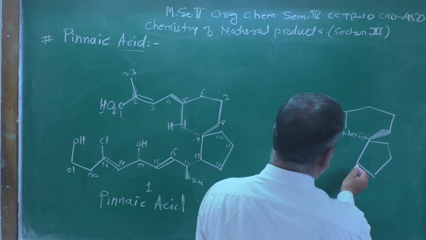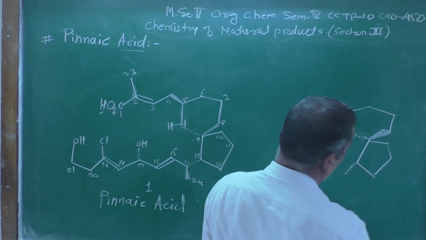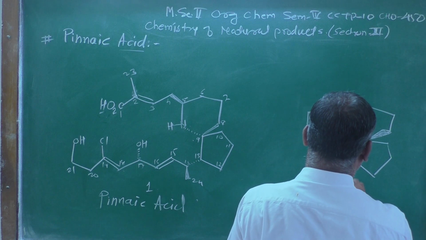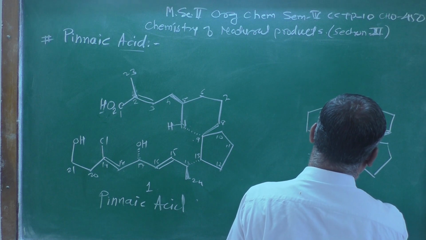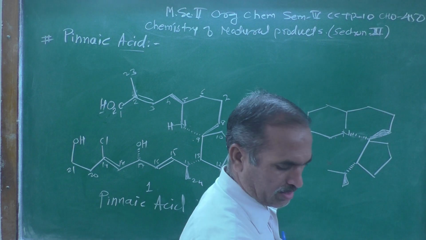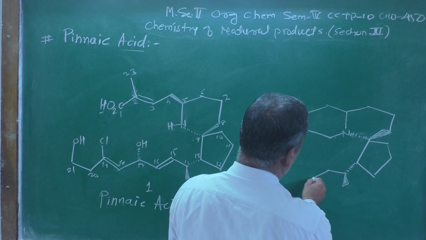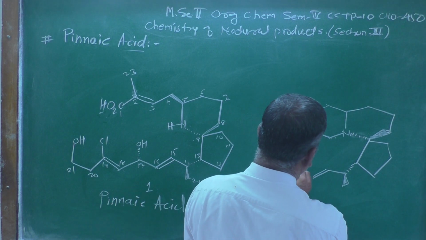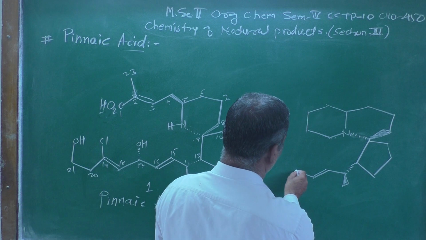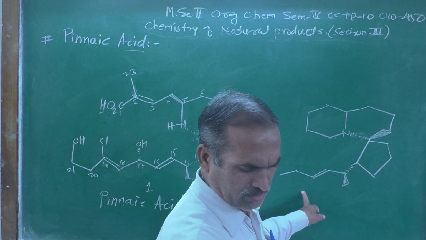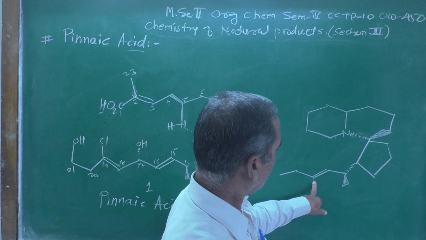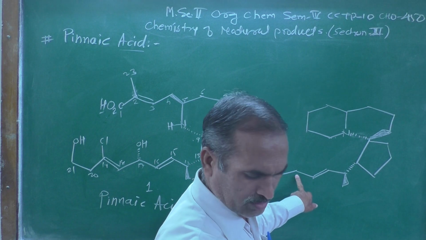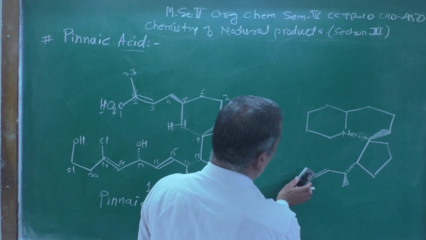After that, here the group should be below the plane. Now, here is the methyl group projecting above the plane, then there is a double bond, then here a double bond, then again